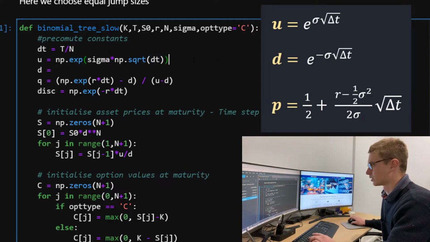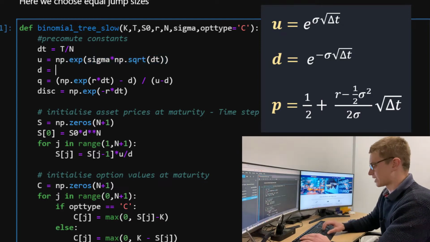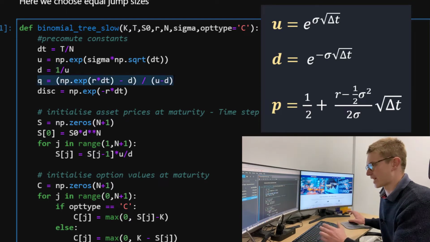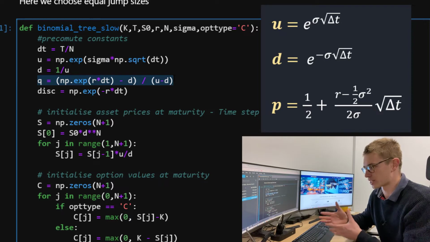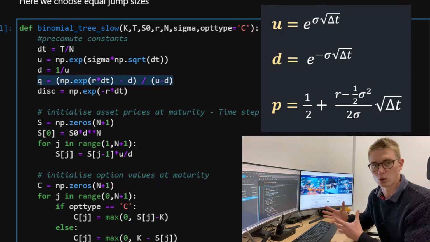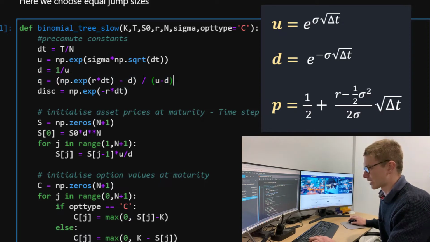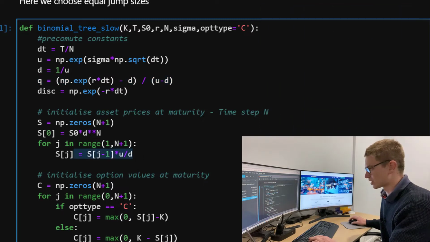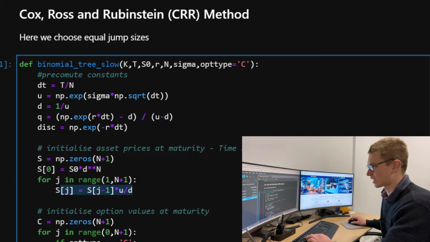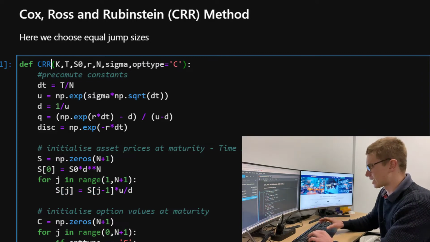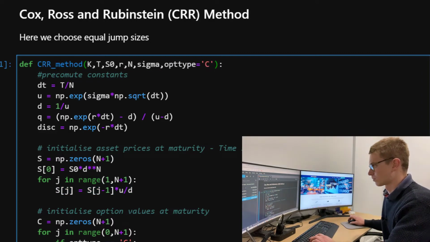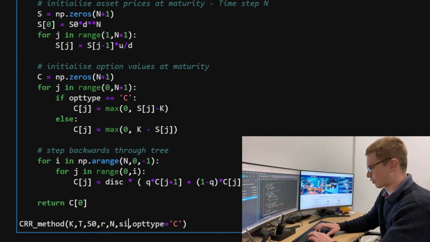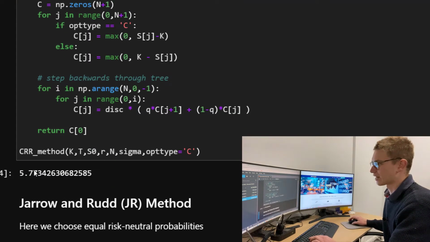And for D, it's a recombining tree, so it's 1 over U. Q is going to be calculated using this formula here, because this formula for risk-neutral pricing applies for all binomial option pricing trees, so that is fine to leave as is. Are there any other alterations that we need to make to this code? Yes, let's change the title. Let's call this CRR method. And we'll copy and paste that down here, placing in the correct parameters, sigma, and we get a value of